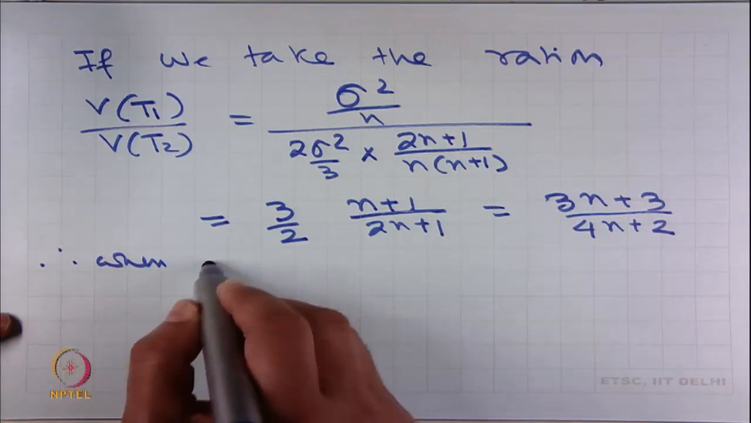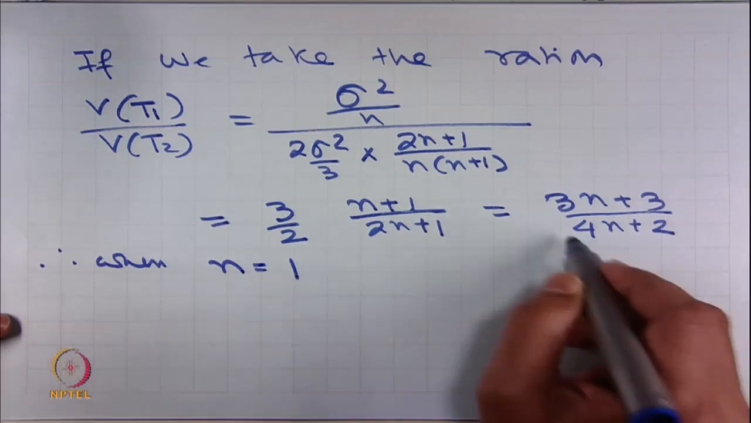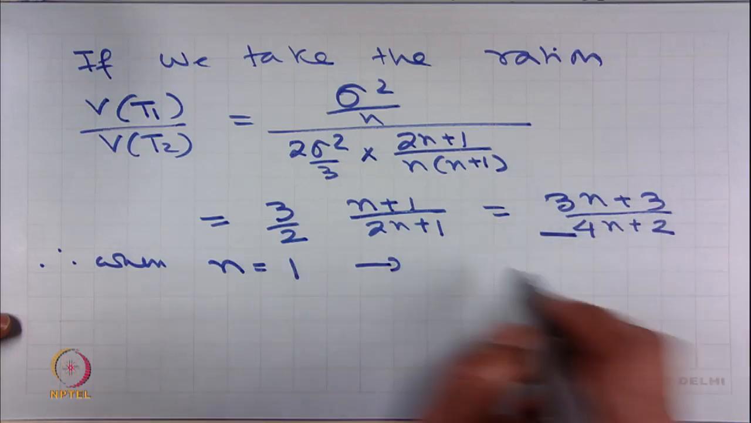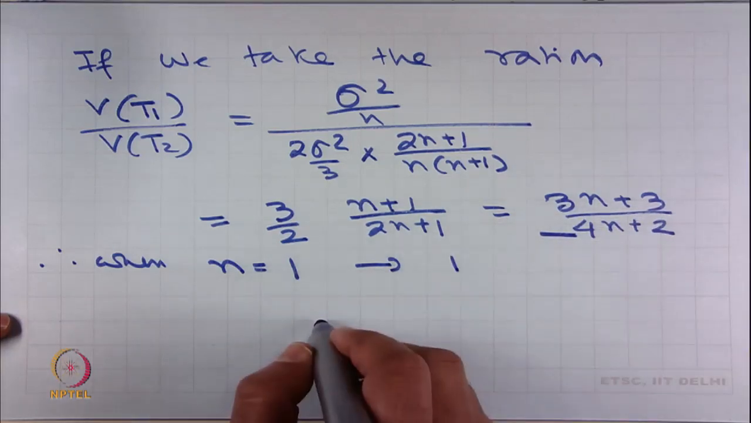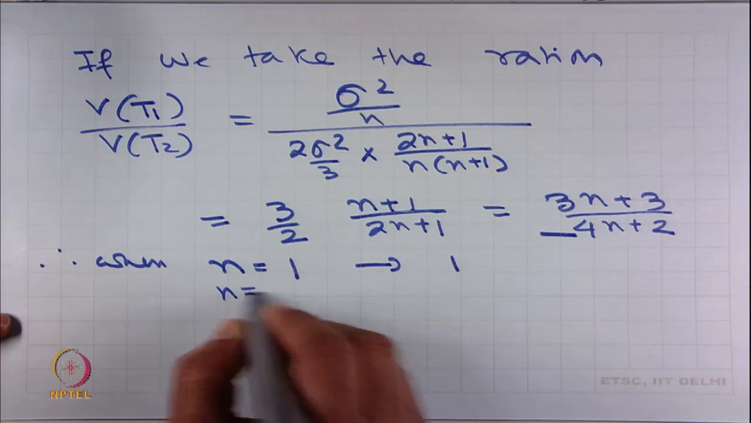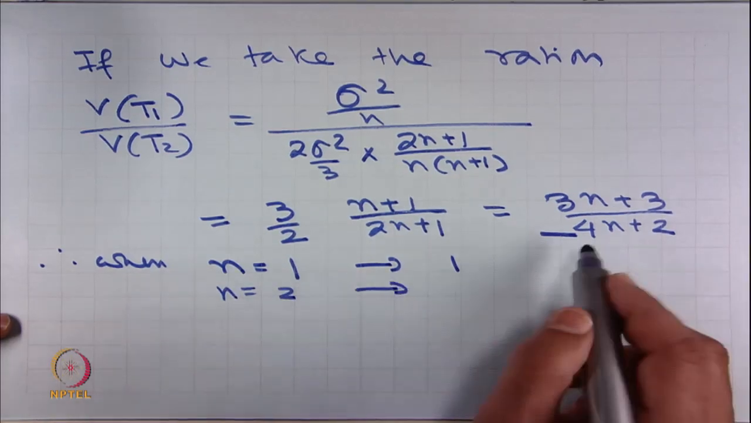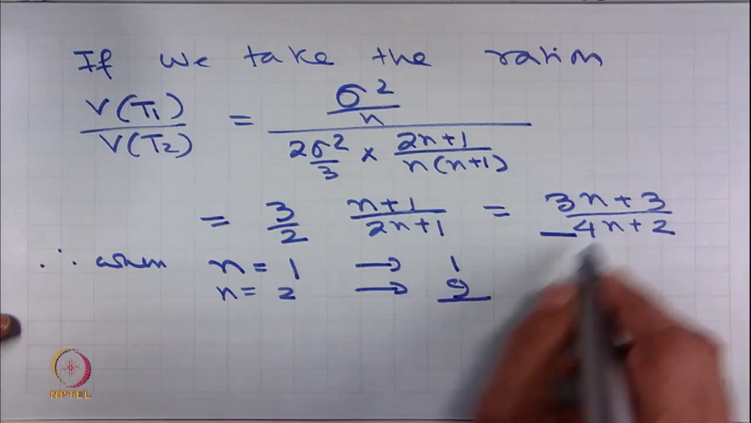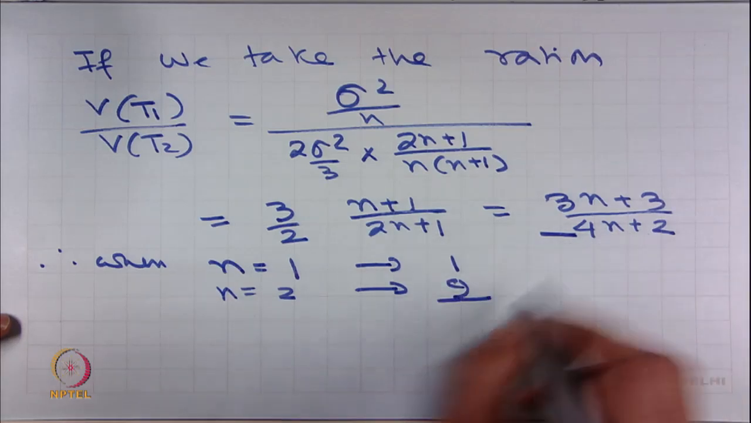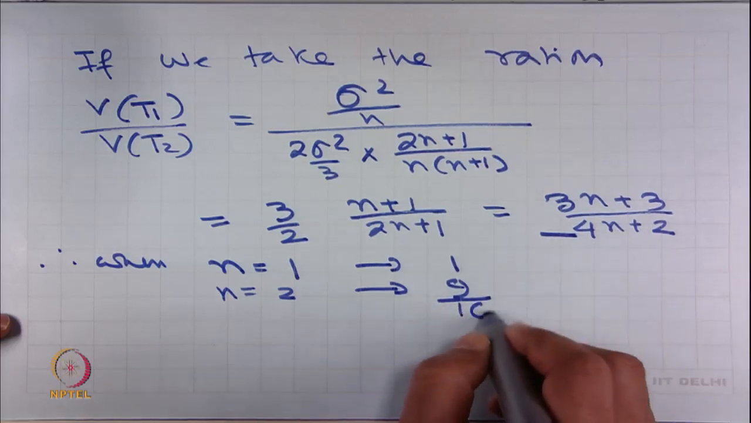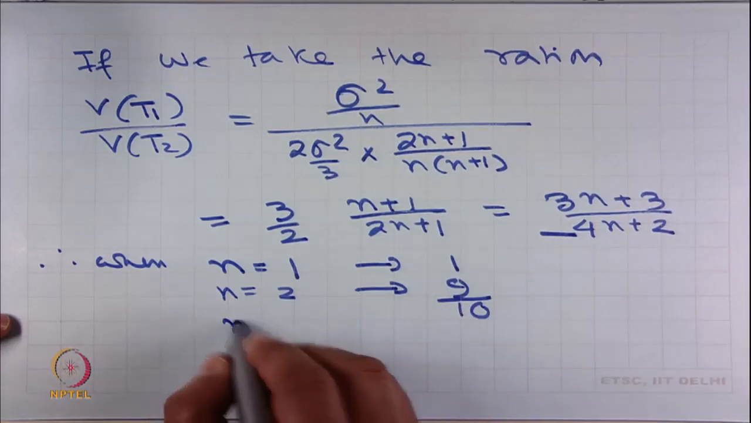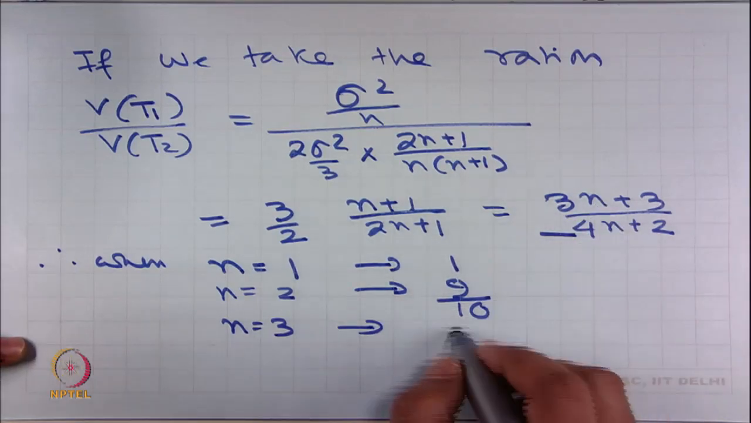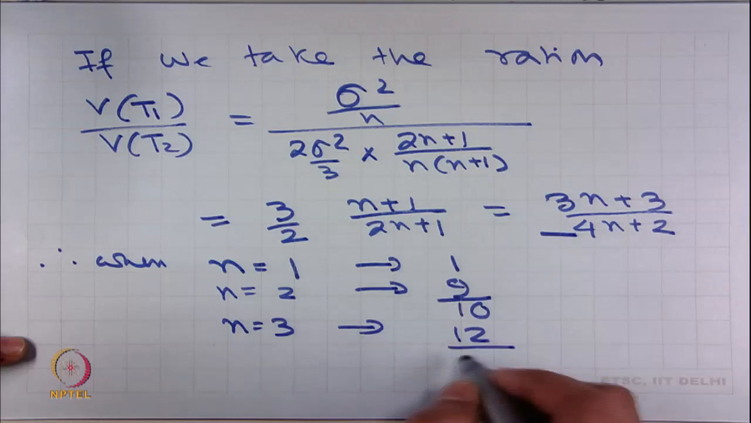when n is equal to 1, the ratio is 6 by 6, which is equal to 1. For n is equal to 2, the ratio is 9 by 10. For n is equal to 3, the ratio is 12 by 14,